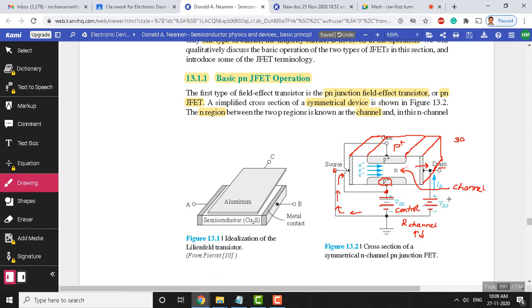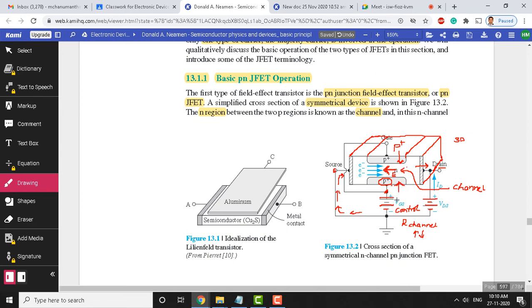There is another voltage here, the drain and source voltage. This is required for creating an electric field to attract the charge carriers from the source terminal to the drain terminal. So this VDS creates a horizontal electric field, in this direction. This is a horizontal electric field created by this VDS, and there is a vertical electric field created by this VGS. So there is an electric field in this direction also, or top direction like this. Due to the two voltages here, VGS and VDS, there are two electric fields.